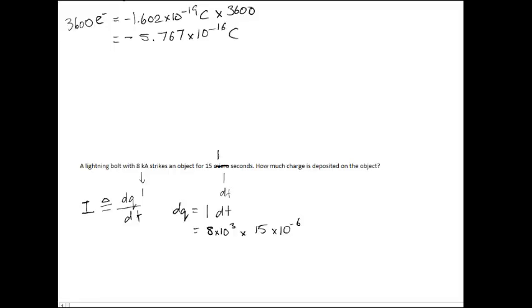Sometimes the question might write mu as seconds. That's just the common way that they'll do it sometimes, but they really just mean the same thing. And what we get in the end is 8 times 10 to the power of 3 times 15 times 10 to the power of -6. We get